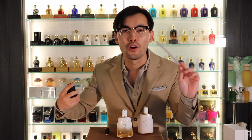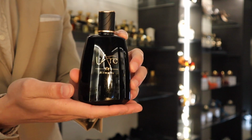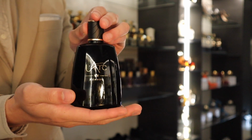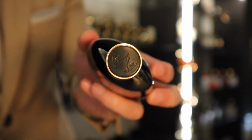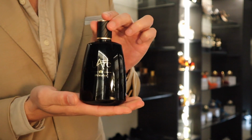See that? I wonder if you guys can see that on the camera. But the spray is incredible. Now, Memoire is their fresh, fruity kind of scent. This one is another great pick for spring, summer, for warmer weather to wear. It does open with citrus,